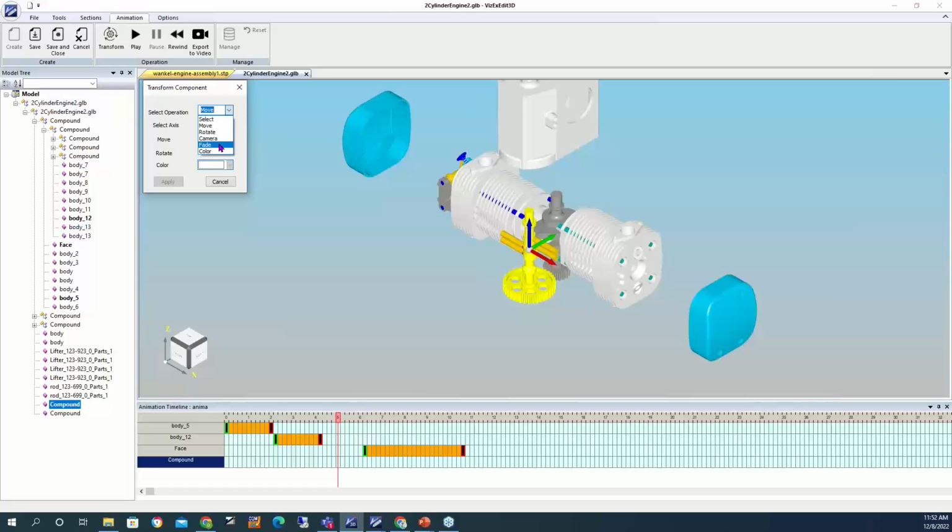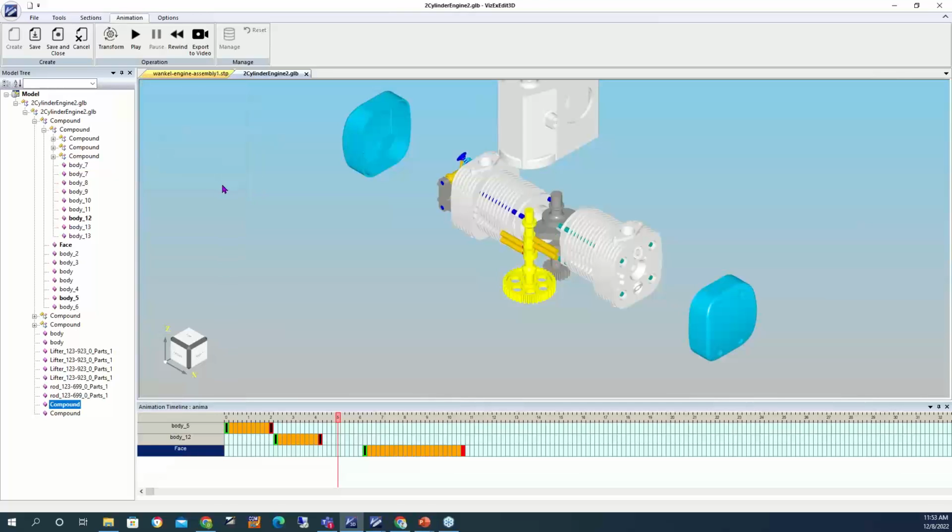Say you had a use case where you had a control panel, and you press the button and it changed color, then we could now animate the color change on there as well. So I just wanted to show that we have that functionality now, and it's really easy for you to create these